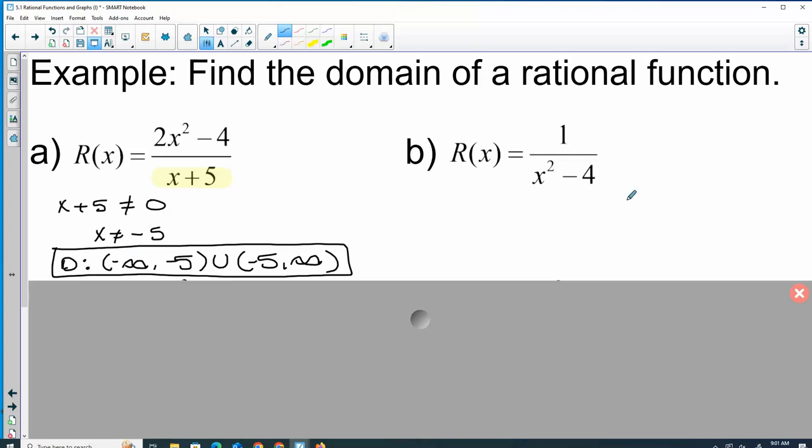When I look at b, we just know the denominator can't be 0. So that tells me x squared cannot be 4. When you square root, plus and minus, you get that x cannot be